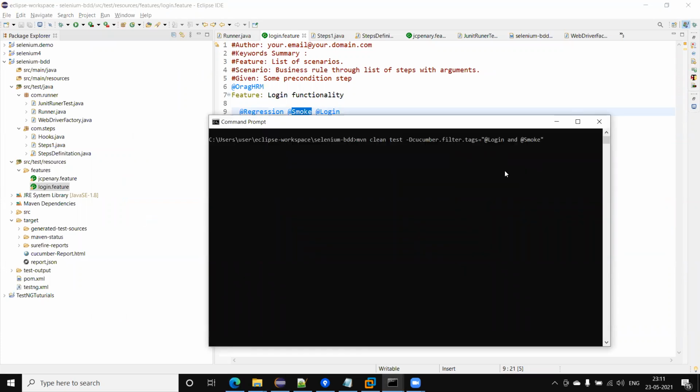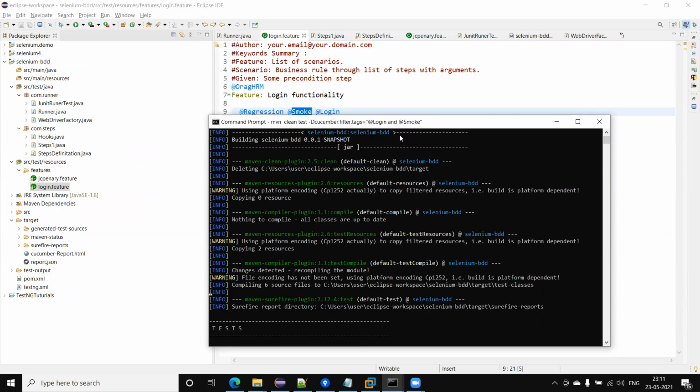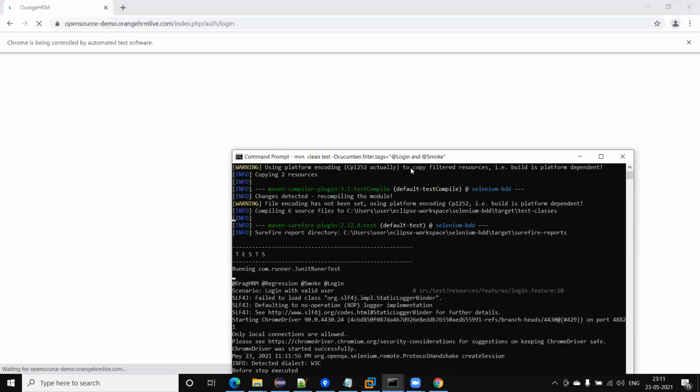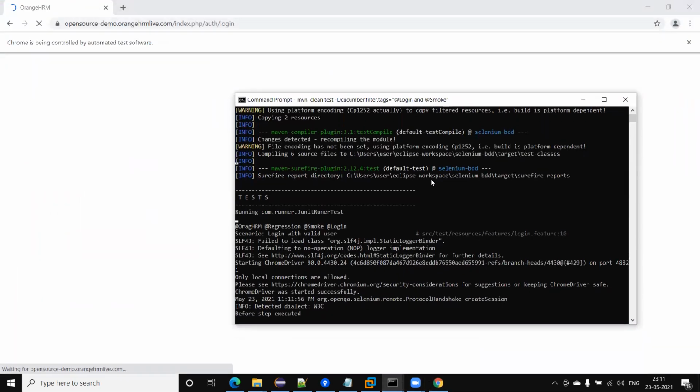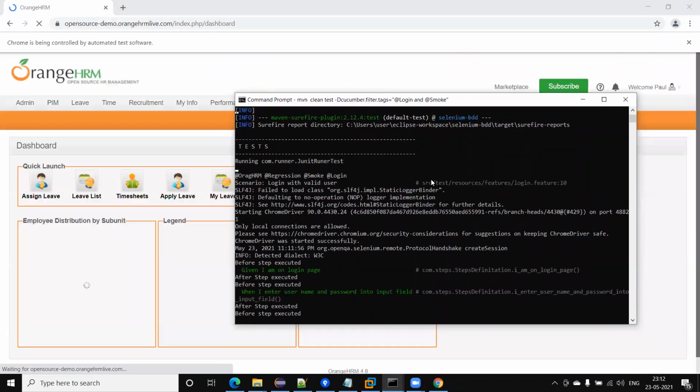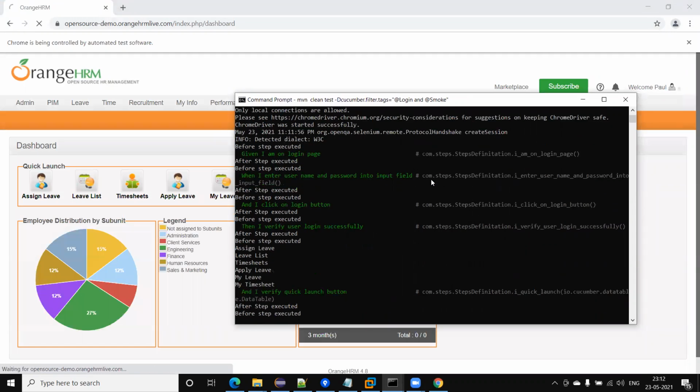In that case this will execute the scenario which contains login as well as smoke. If a scenario contains both tags, then it will be executed, otherwise not. So in that case one scenario will execute because it contains both login as well as smoke. Using this feature we can put conditions like and, or, and execute the selected test cases.